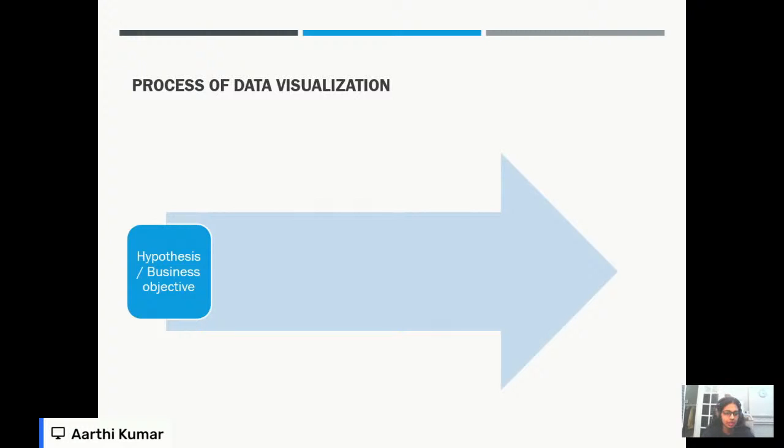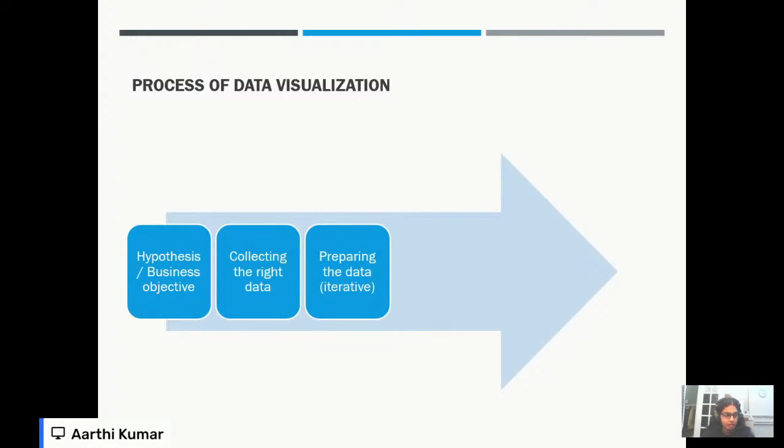We start with a business objective or hypothesis. Let us say that we want to know some insights from our sales data. So we are running a company and we want to know some insights from the sales data, right? The next step is to collect the right data to analyze this. This would be our sales register or sales data. Then we prepare the data, and then we look at some basic visualizations to understand how the data is, etc. And let's say next you want to know how the customer views things, right? Now that you only have sales data, you go back and also collect the customer data,